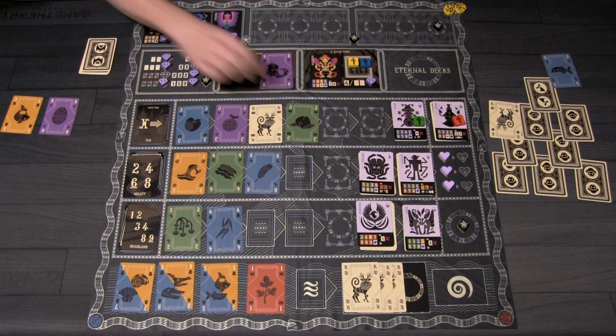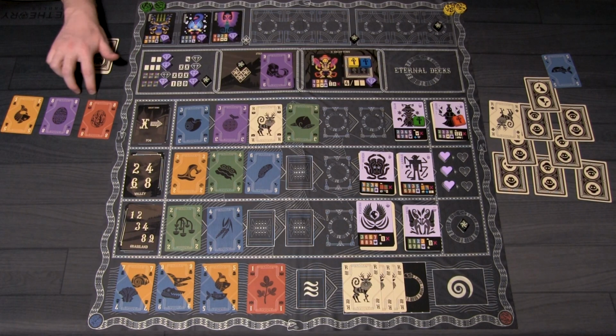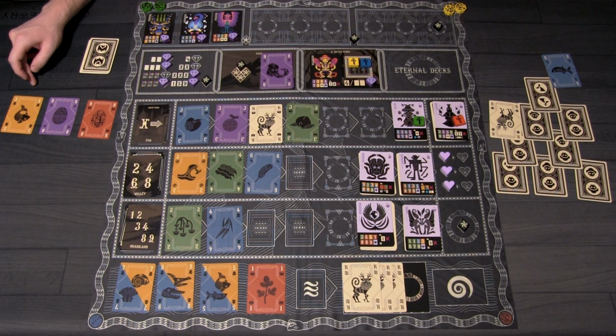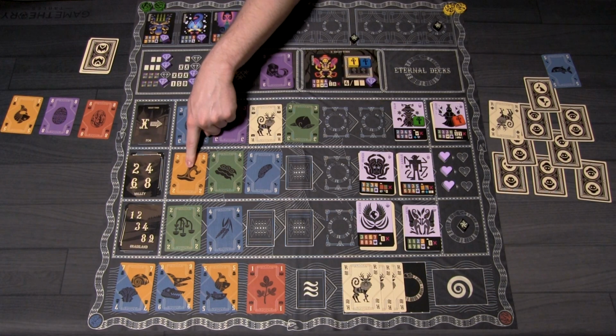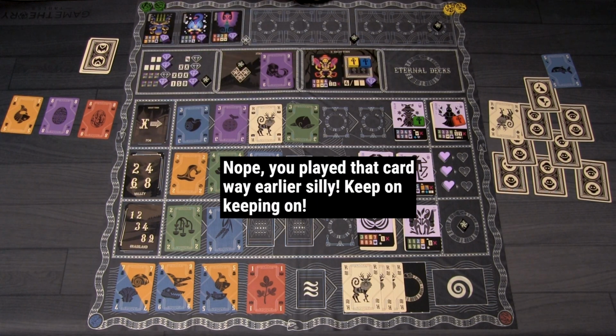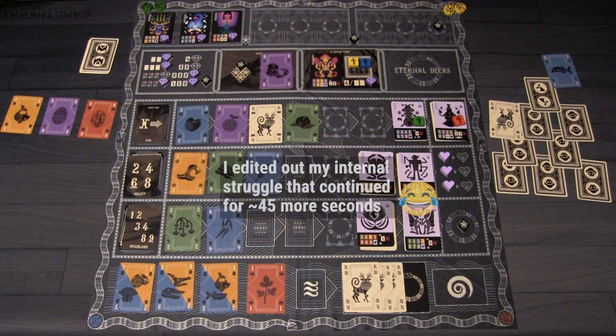We'll play a 3. Flip a card. We have 2 of the same number, but not 3 of the same number. But not that we can generate a jewel anyways. Oh, we can't play 2s and 8s. Did I mess that up? Did I play that when the skeleton was out? I think this one was already here. Was that one here? Anyway,